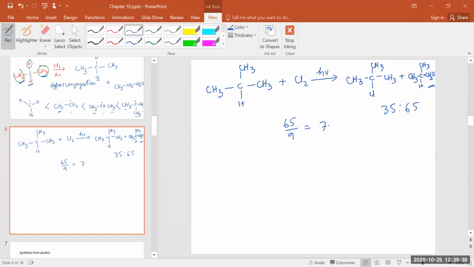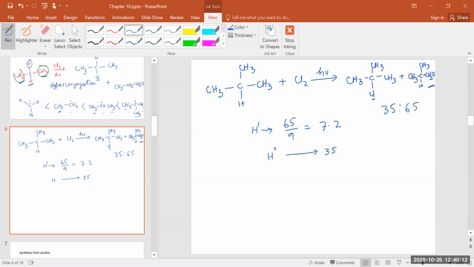7 point something. Okay, let's say 7.2 almost. And here you have 35, only one, so it will be 35%. So here one hydrogen percentage will be 7.2 almost, and then here you have only one tertiary hydrogen, that is 35%. So if you take here, let's say primary, here I'll write primary,